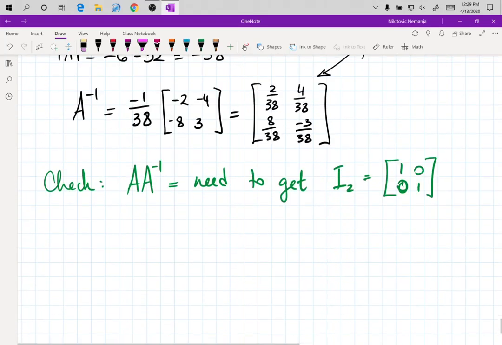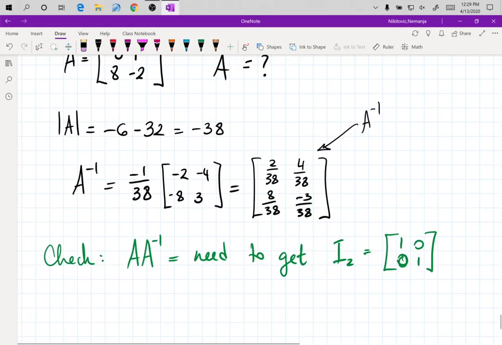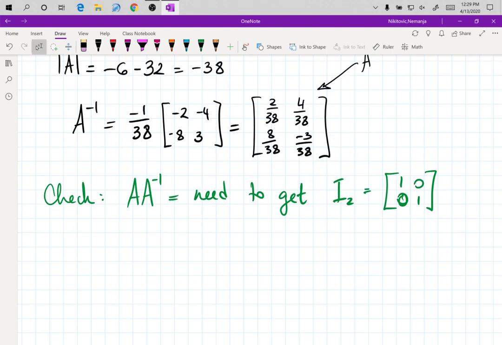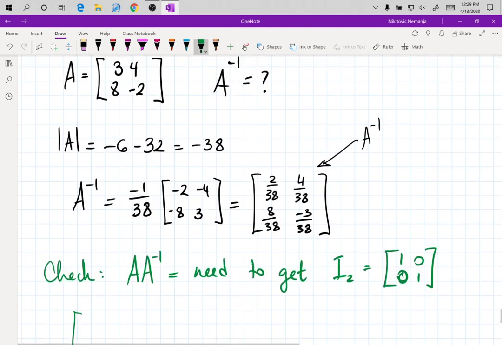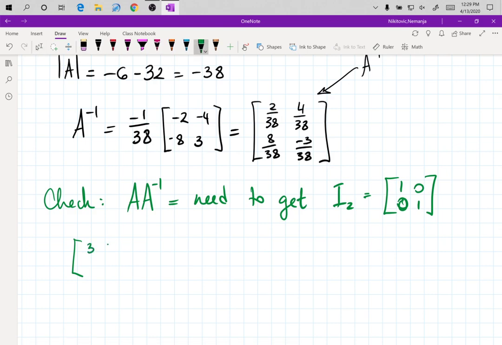So if you are to multiply A times A inverse, A was 3, 4, 8, negative 2,